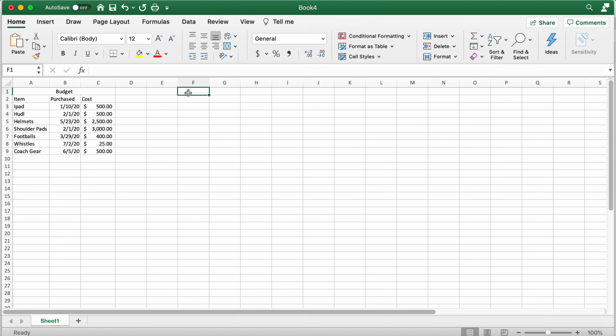So in F1 here, I'm going to put in what I want to find. So I want to find the iPad cost. So here I'll do iPad, and the cost of that I obviously can see is the first thing here, so it's $500. But instead of doing that, if I have a lot of data, I don't have to do that,